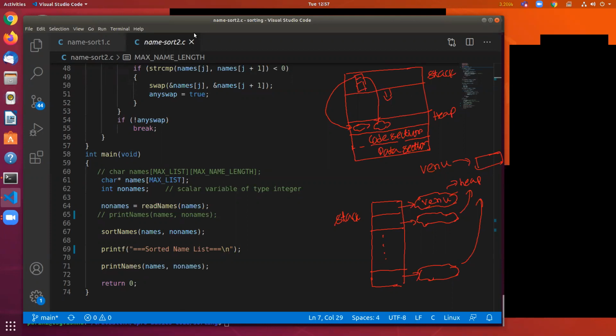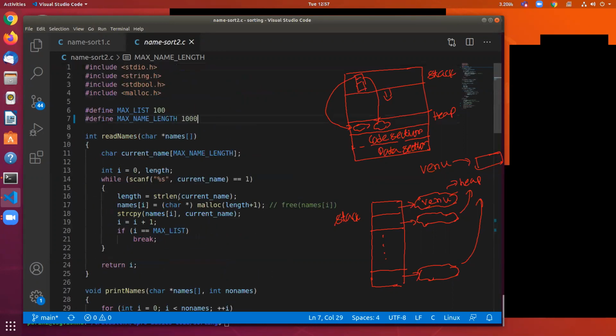And let's go and see how the read names function works. If you go and see the read names function, what we are doing is, we read the name into a temporary buffer called current_name. So there is a temporary buffer called current_name in which we read a name. And then we figure out what is the length of the name that we have just read,